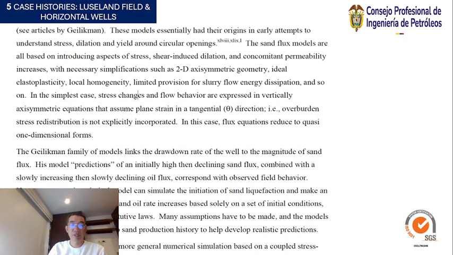Material parameters and constitutive laws: many assumptions have to be made, and the models must be repeatedly calibrated to sand production history to help develop realistic